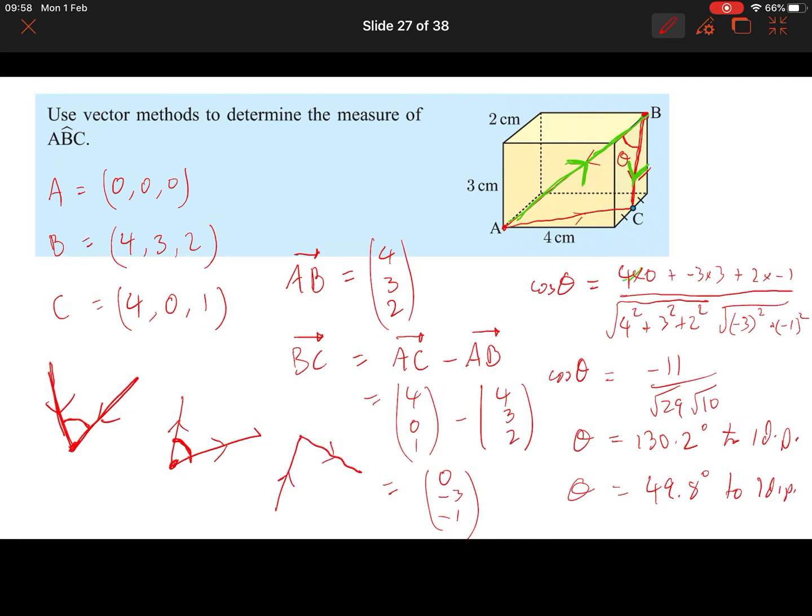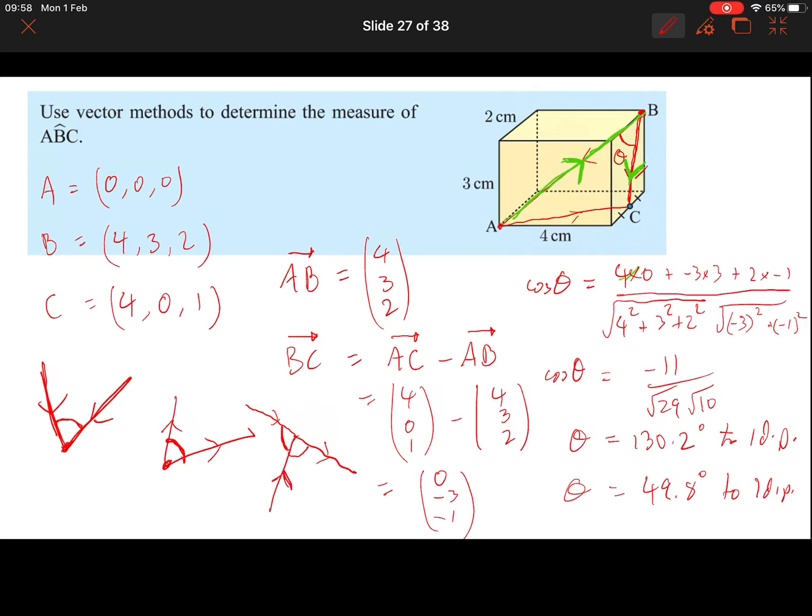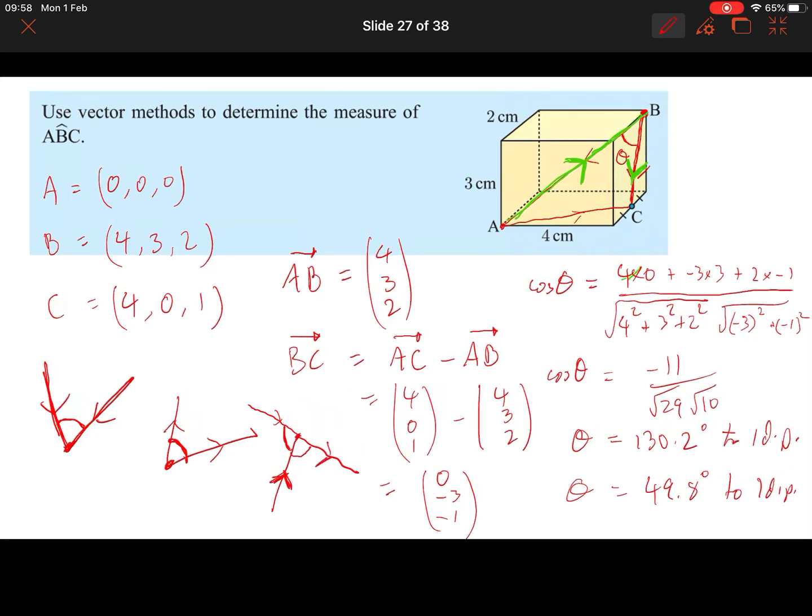But if I have a situation where one is pointing in this direction and one is pointing in this direction, then I will not be finding this angle. What I'll actually be finding is this angle here, because in this case, one is pointing towards the point and the other is pointing away from the point. So I wouldn't be finding this angle, I'd be finding